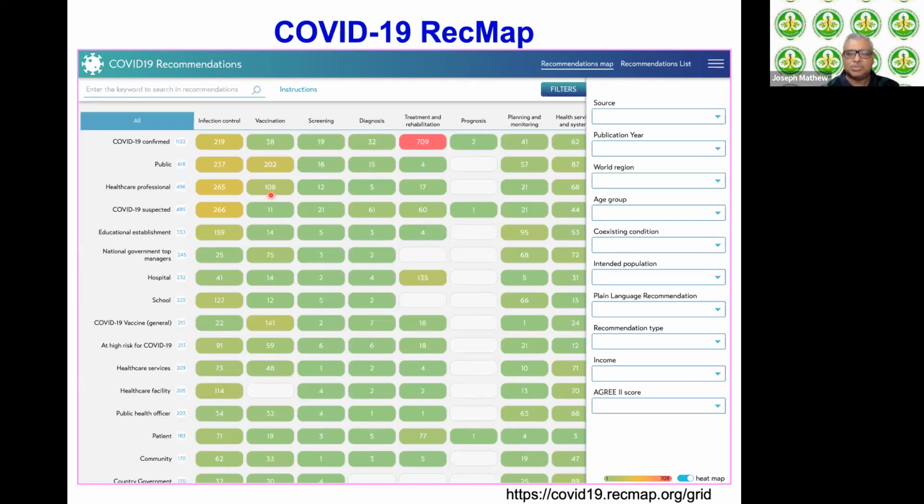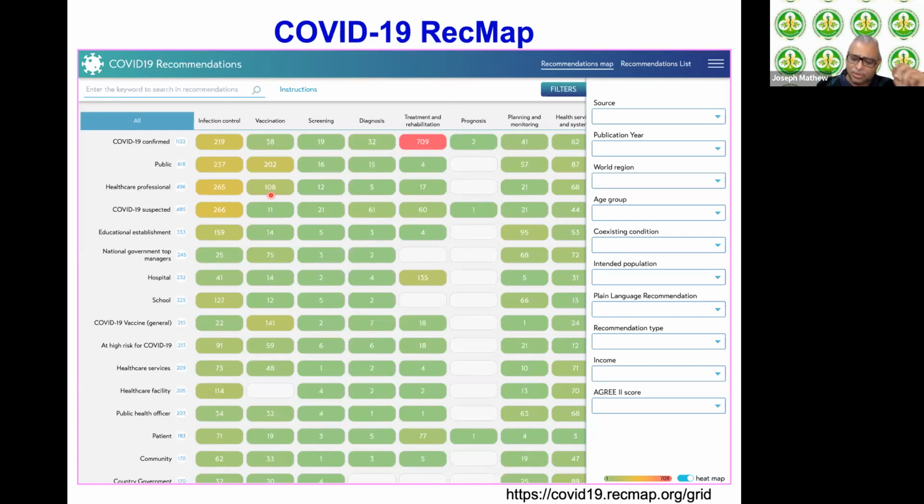Suffice it to say that people like me had a sigh of relief because we thought now people in the developing world just need to look at this and do the right thing. The great thing about this RecMap is that it fulfills the 3 A's which are so critical to the developing world, and that is it's available. Nobody needed to do the heavy lifting for that in our part of the world. It's accessible at the click of a button. Anyone with an internet connection can get to it. And it's completely affordable because there is no drain of resources in terms of money or time to access this. So it's a beautiful resource and should work very well.